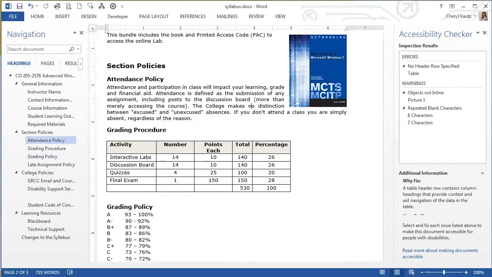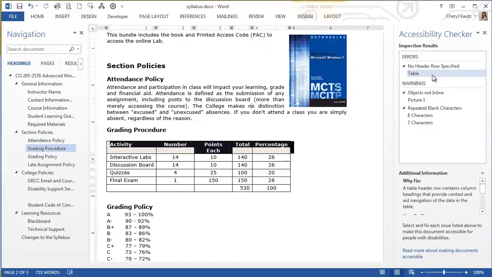Next, I'll click to select the error for Table. The error indicates I have no header row specified. Clicking the issue will select the corresponding item in the document and display additional information at the bottom of the task pane for why and how to fix. Notice the header row for my table is automatically selected. The additional information at the bottom of the task pane, located on the lower right of the screen, indicates that